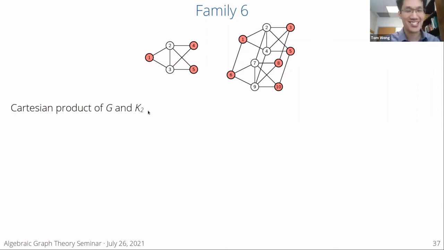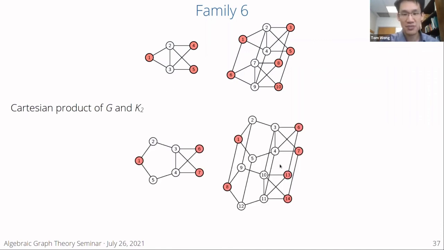And you guys would know what that actually means much better than I would. But basically, this always works. So if you take any graph and you take the Cartesian product of it with K2 to get its doubled up graph like that, its doubled up graph also supports equivalent quantum walks. So I did this with all 64 graphs. And then with the new doubled up graphs, I did the Cartesian product again to get even bigger graphs, and it still worked. And I did it again to get even bigger graphs. So basically, as long as I take the Cartesian product of a graph with K2, I get a new graph with equivalent quantum walks.